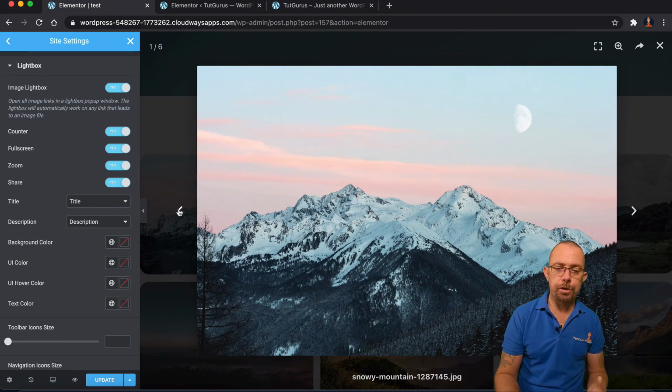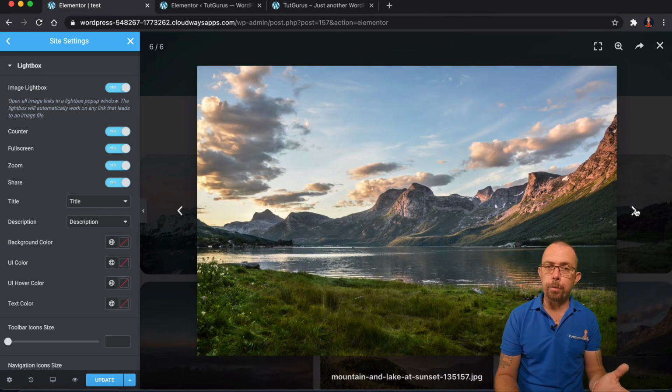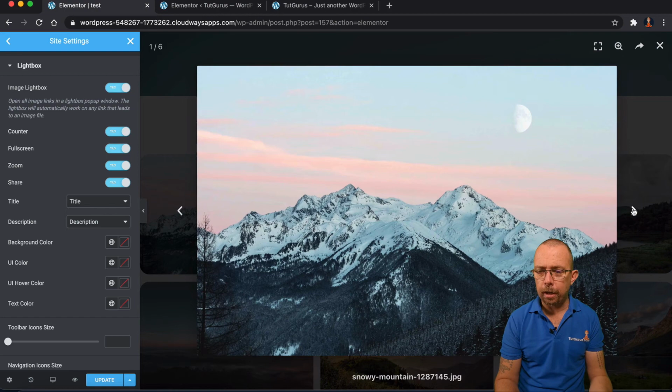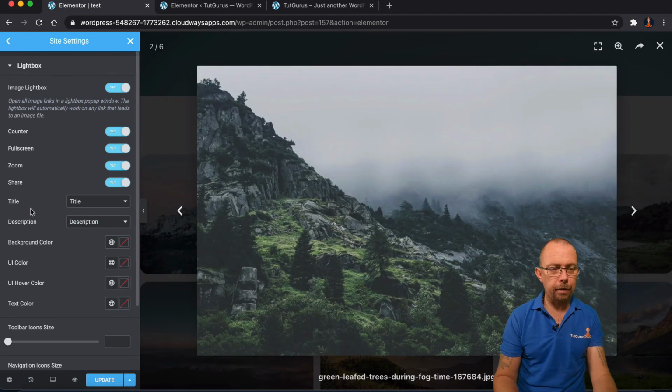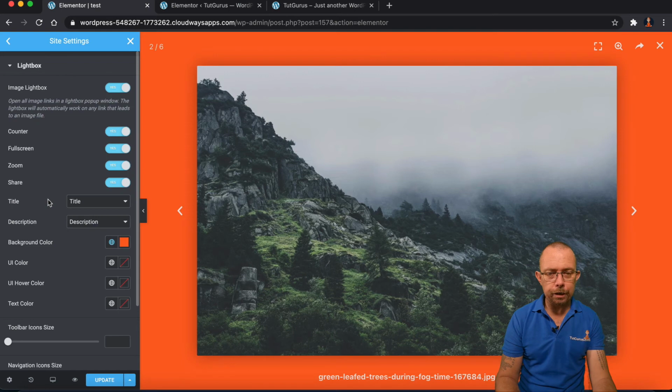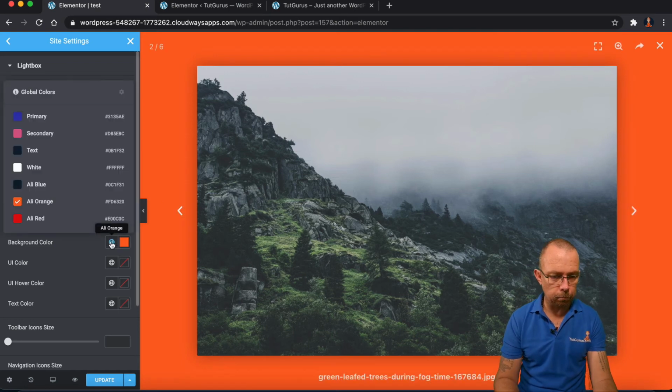You have these different options such as sliders. And it also depends which widget inside of Elementor you've used. But in this example, you'll notice it has these icons at the top. I can slide across, things like that. Now you can control this layout. So for example, you'll notice that it has this gray at the background. If I wanted to use, let's say, an Ali orange, I could do that. I can do whatever I want.